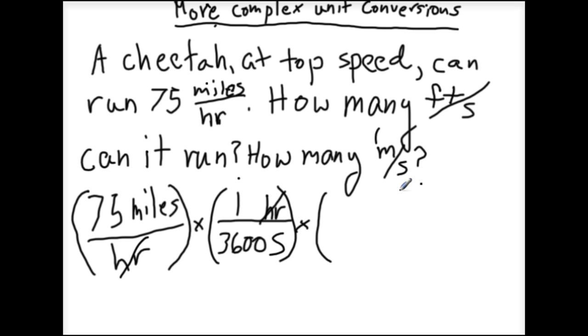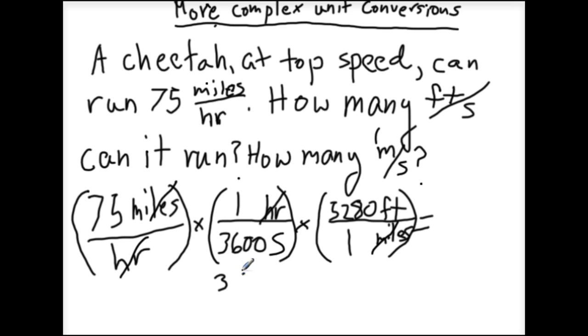Now I need to be able to change my miles to feet. I put miles in the bottom because that's what I don't want anymore. I put feet up top because that's what I'm looking for. In 1 mile, there are 5,280 feet. I can cross out my miles. I multiply all the values in the numerator, all the values in the denominator. I find that this cheetah can run 396,000 feet